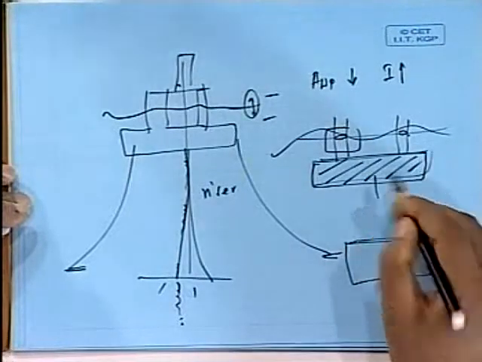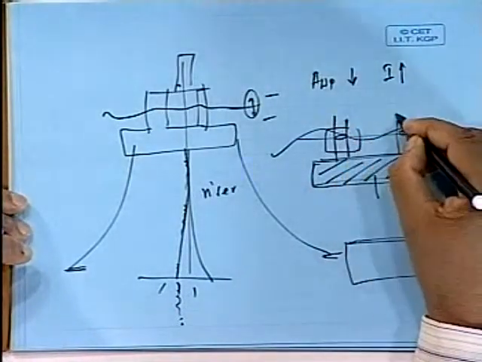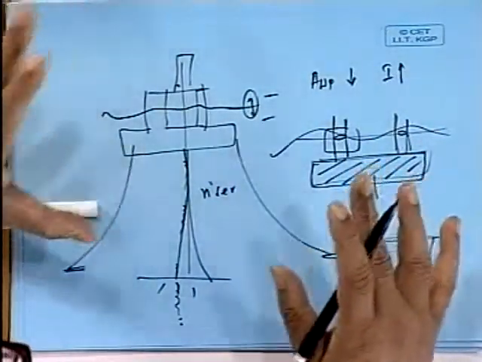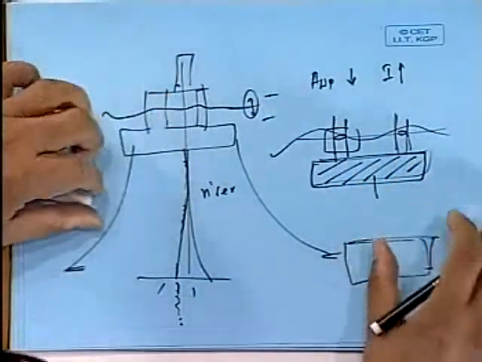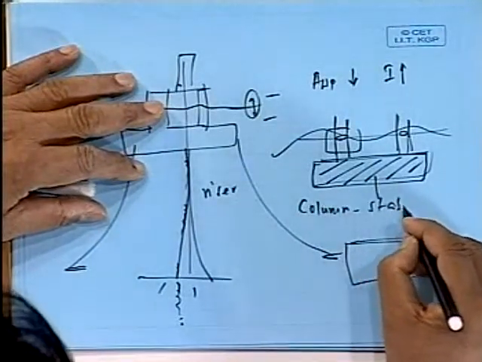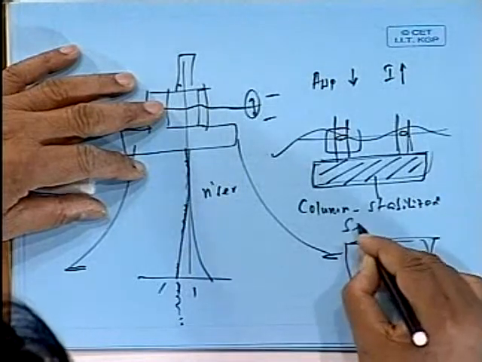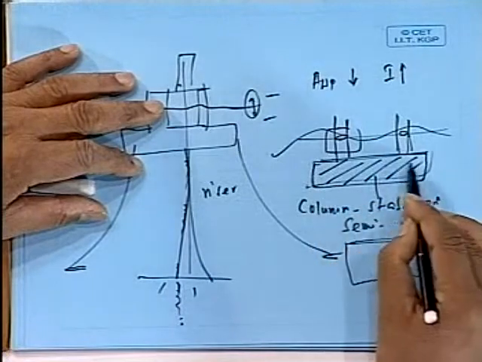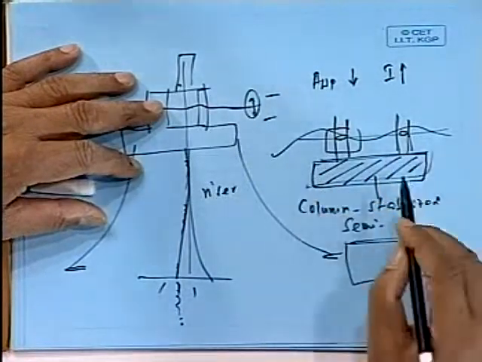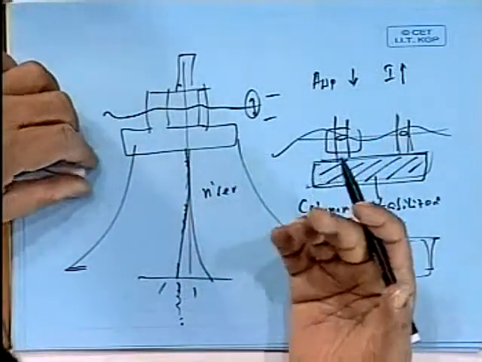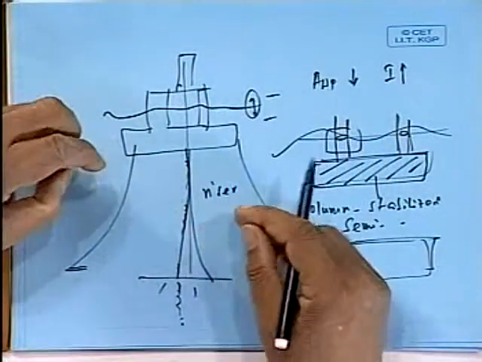So the pontoons give buoyancy. You need low water plane area, so you make the columns like that and separate them. This is why it is called a column stabilized semi-submersible. You see the word column stabilized semi-submersible. Why semi-submersible? Because the main part, which they call the pontoon, is semi-submerged, not fully submerged. It is stabilized by columns. That is the idea, and that is why it came, so that the heave is very less and it does not go up and down.